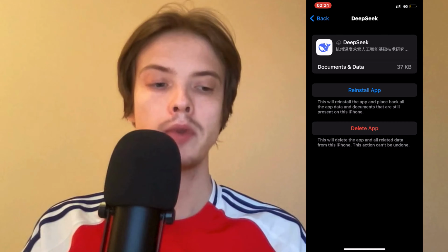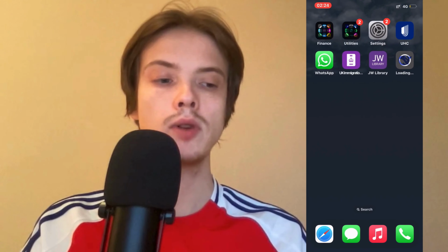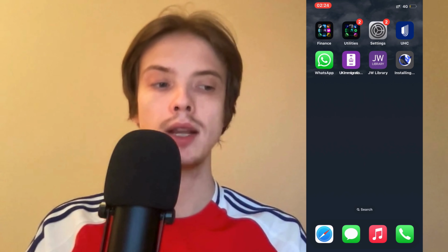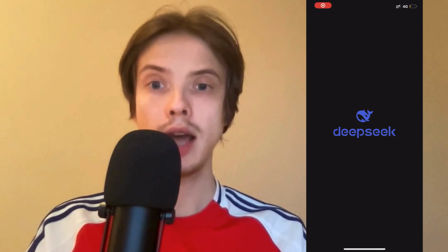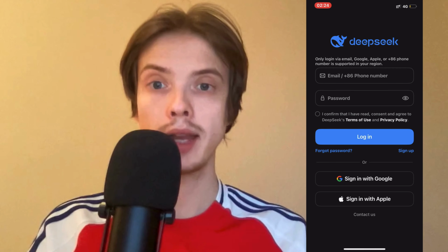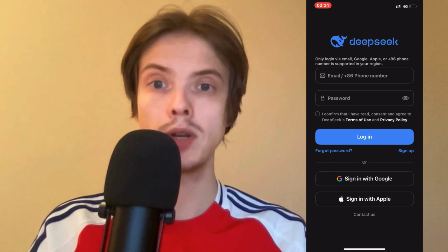Then I waited a couple of seconds and I clicked on the blue button where it says Reinstall App in here. So basically you need to now wait for your DeepSeek app to completely load, and when it's done we can now go back into the app, and now you can try to log back into your account. So basically this actually fixed it for me, because I think that when they sometimes release a new update,